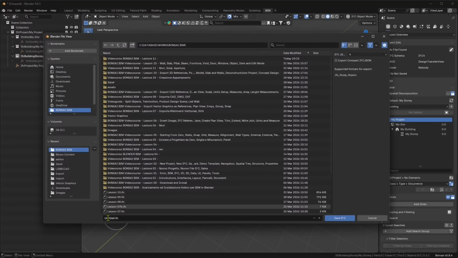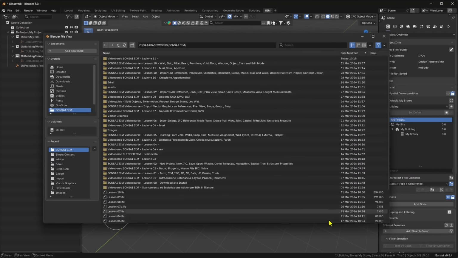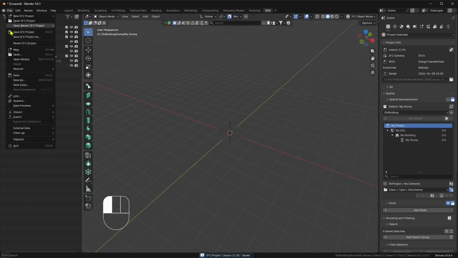So I'm just going to save here a new lesson, and we're going to create a grid, which will be like a structural grid. And then we're going to